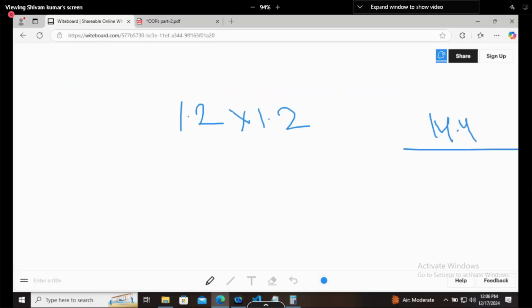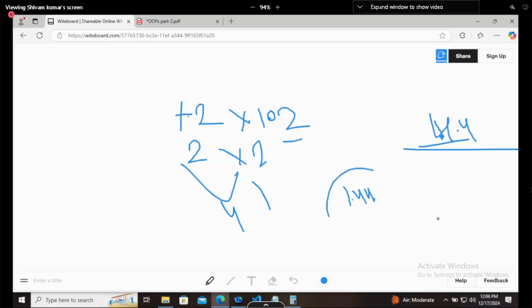How can it be 14.4? Let's say this value is 2 instead of 1.2, and this is also 2. Then the answer will be 4. Even if you are writing a larger value, the answer will still be small. How can 1.2 times 1.2 be 14.4? There are two decimal points, one here and one here, so the decimal will come after two digits. So 1.44 will be your answer.